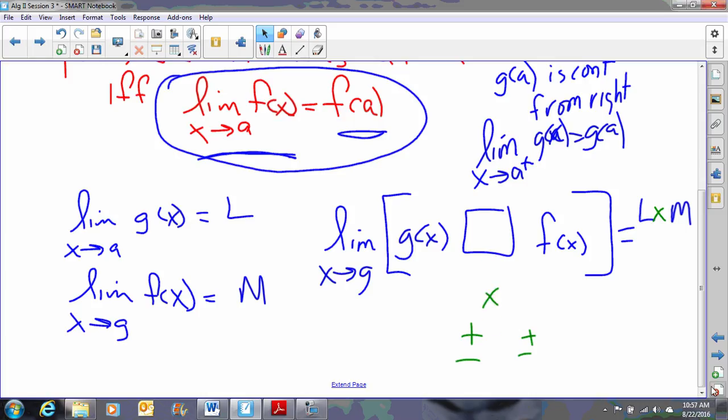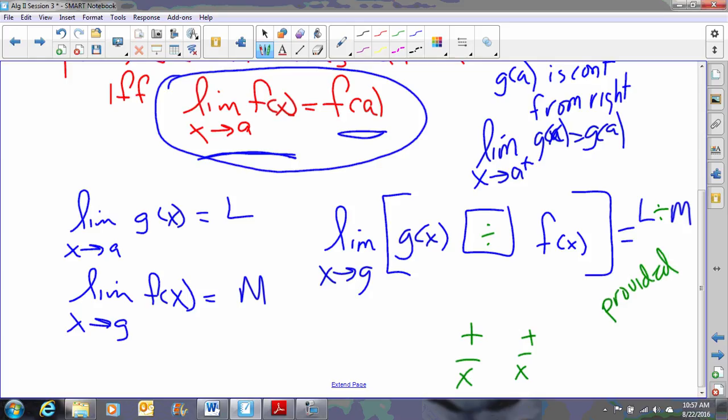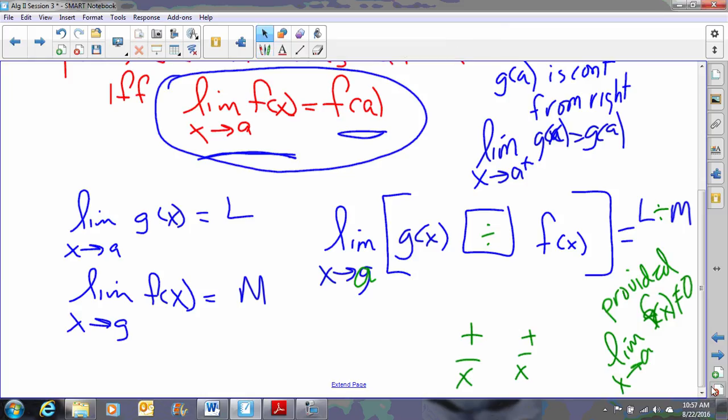Now, we can also put a division sign in here, but we do have to put one additional proviso over here. That's provided the limit as x approaches a, that should be an a there, of f of x in this case is not equal to 0. In other words, we can divide these limits as long as the limit of the denominator function is not 0. And then also, of course,